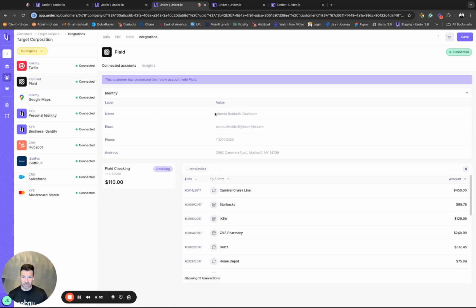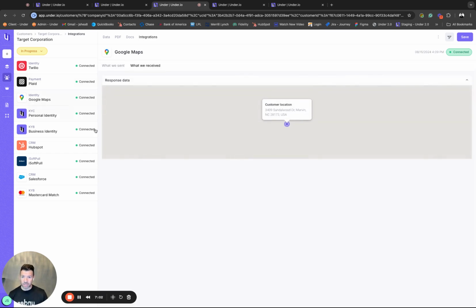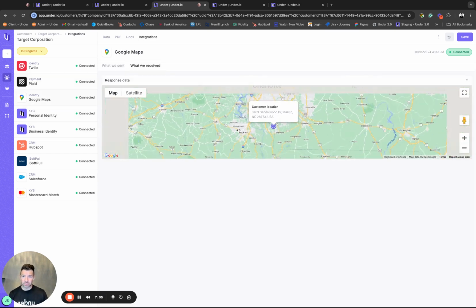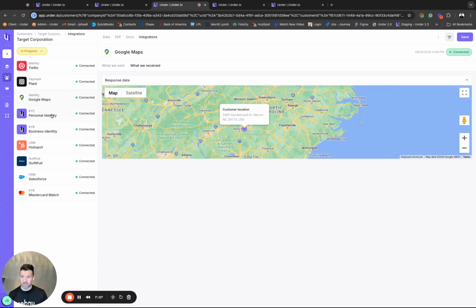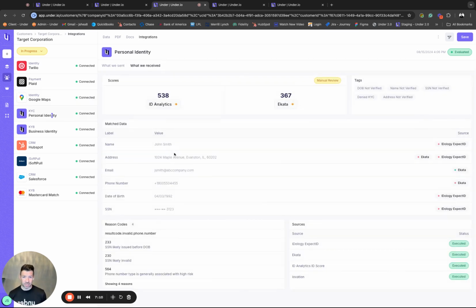We'll do an identity verification on the actual owner of the bank account, how much money is in the bank, routing number, checking number, and 6 months transaction history. We do a location-based search that shows where the user was when they filled out this form in the United States. We orchestrate a full KYC using ID Analytics, Ekata, Idology, LexisNexis, and take those together in a workflow to create a comprehensive look of essentially who is this person and are they who they say they are. We'll give you confirmation of the details, reason code responses, and then our recommendation on how you might take the